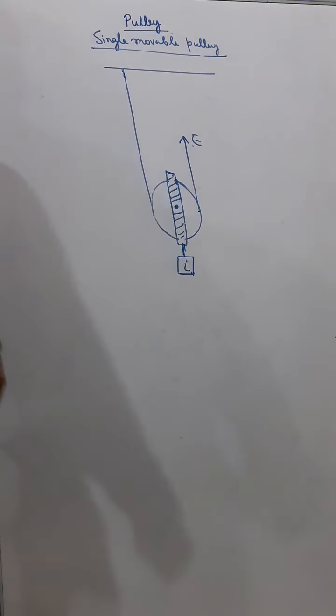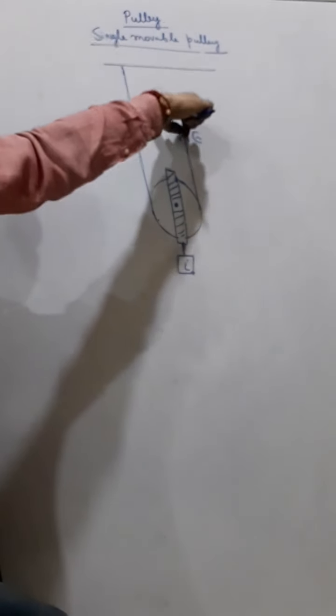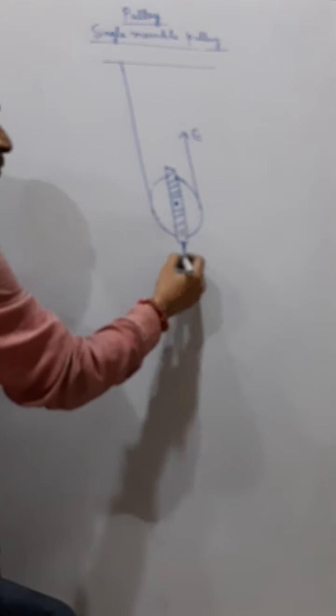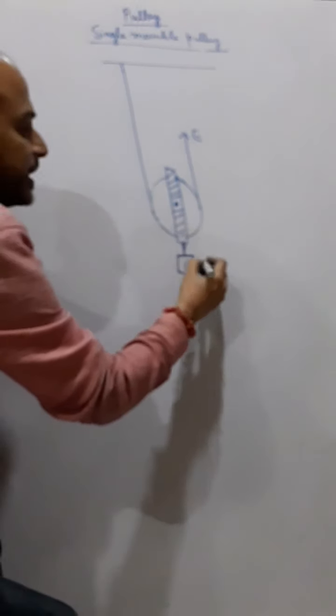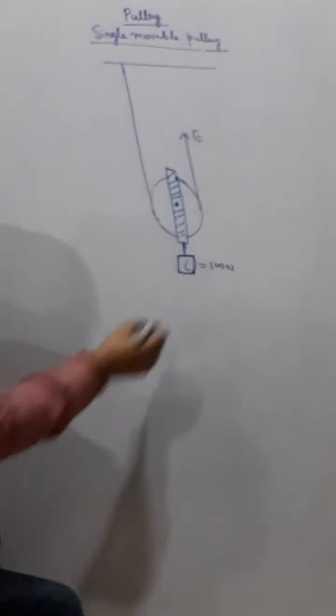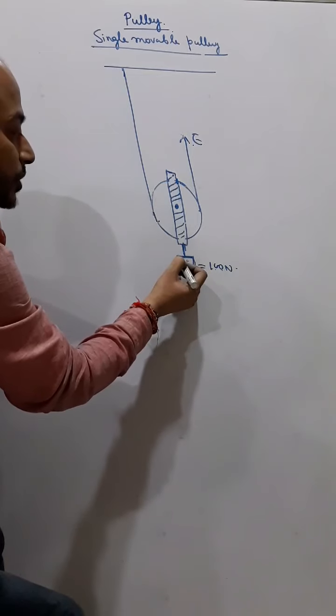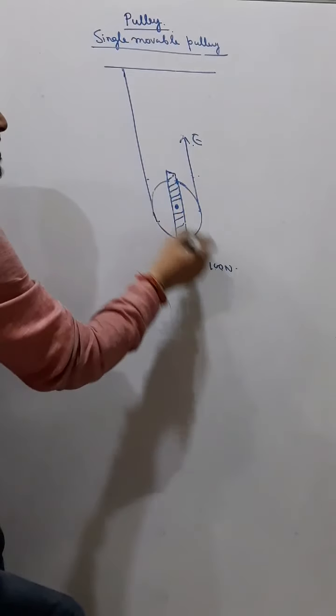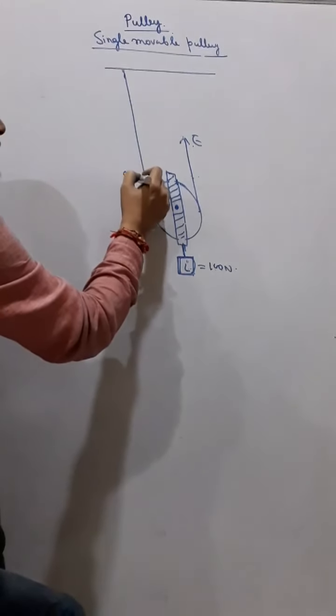Now in this case also we will calculate the mechanical advantage and velocity ratio in ideal condition. Now try to understand. Somebody is holding it, we are not pulling it now, we are just holding the rope. Due to this load, whatever weight the load has, understand it from values. Suppose the load is 100 Newton, then what will happen? The total weight of this load will be divided into these two ropes. That means 50 Newton and 50 Newton.